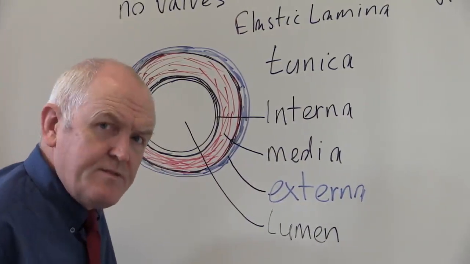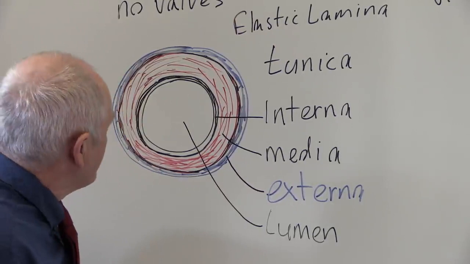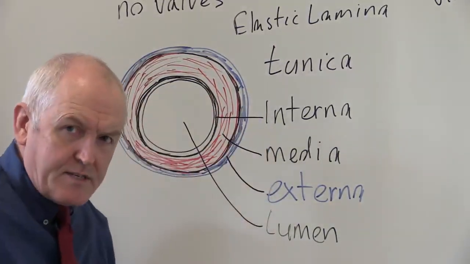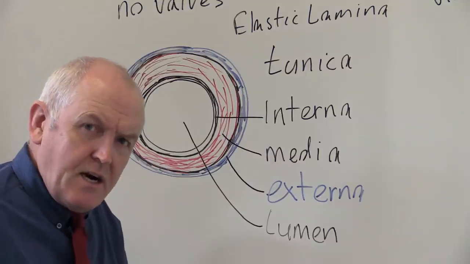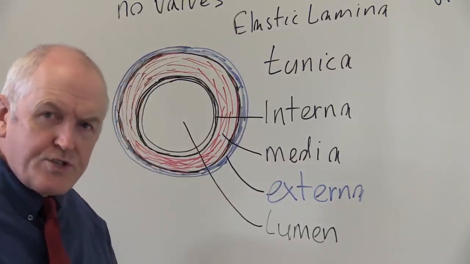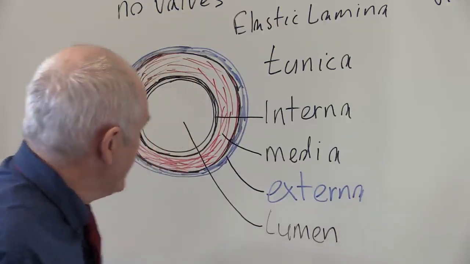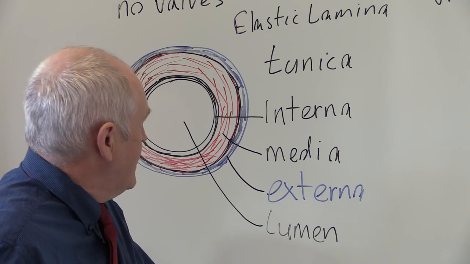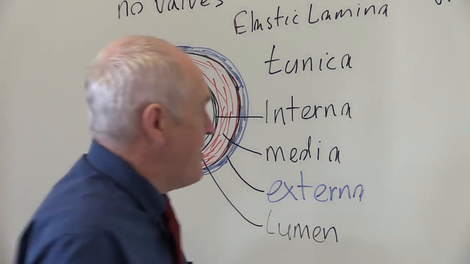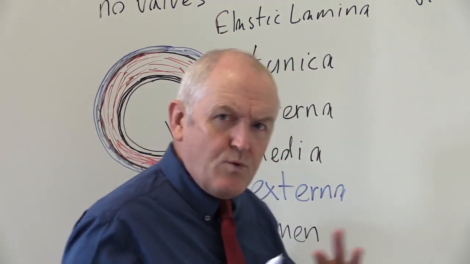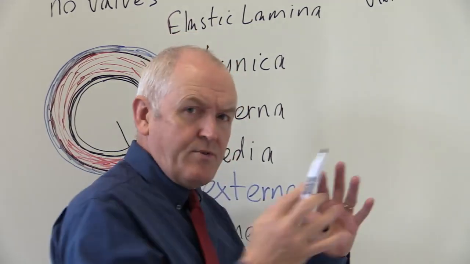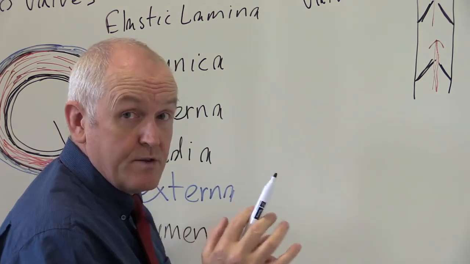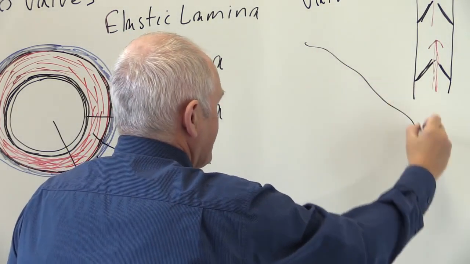Now the situation with veins is very much the same, but the walls are relatively thinner in veins because, as we'll see, the arteries need thicker elastic walls to smooth out the blood flow, and because the pressure in the arterial vessels is significantly higher. So if we think about a vein, now the pressure of the vein will depend on how full it is. They're not necessarily completely round. Veins can partly collapse depending on how full the vein is at the time. So here we have a vein,